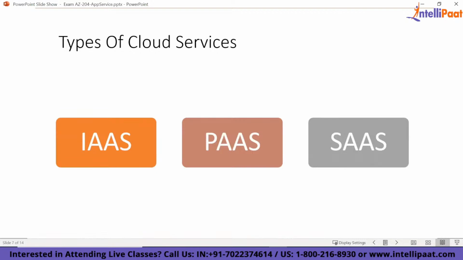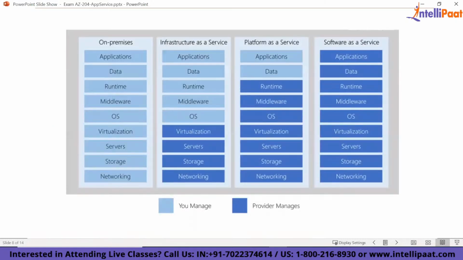Now we understand the basics of a few terminologies around cloud. So what are the different types of cloud services? Any cloud type you see can be deployed as part of these three types of services. IaaS stands for infrastructure as a service, PaaS stands for platform as a service, SaaS stands for software as a service. So how does this actually relate? Let's look at the next picture. On the very left side, you see the on-premise model, where let's say my objective is to build an application.